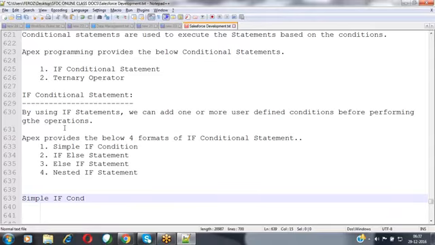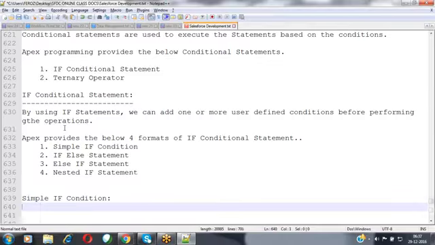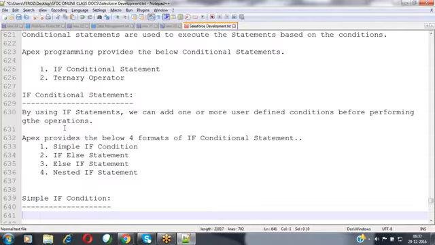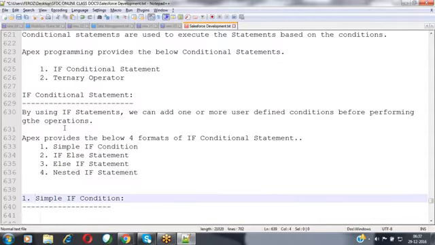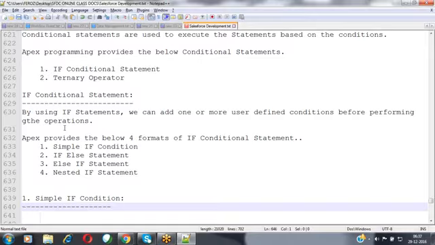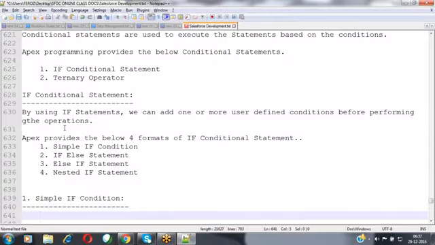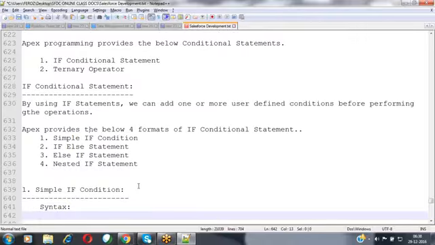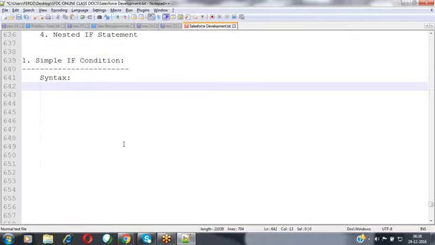Simple if condition. In this simple if condition, it provides a syntax that we can use to verify a condition.